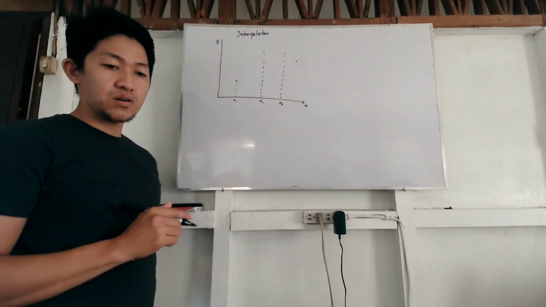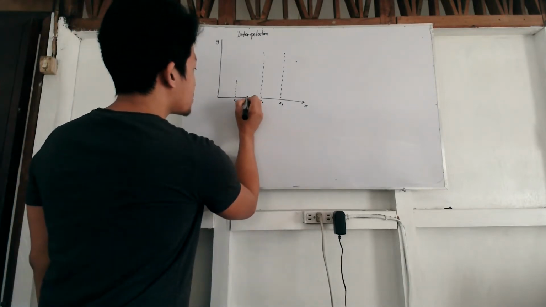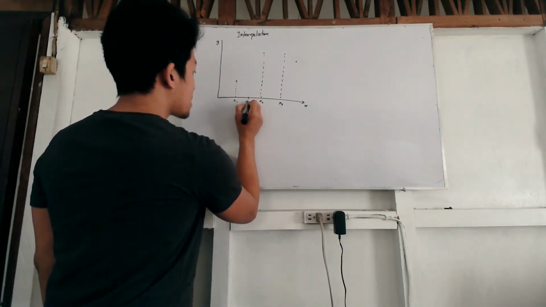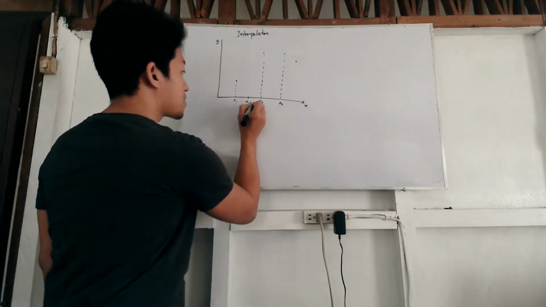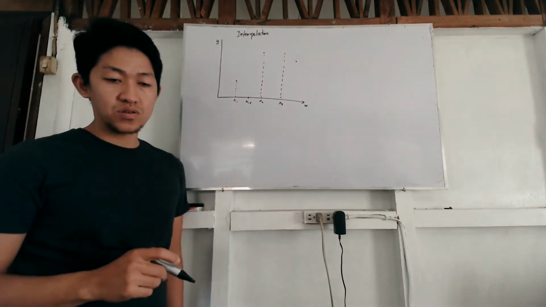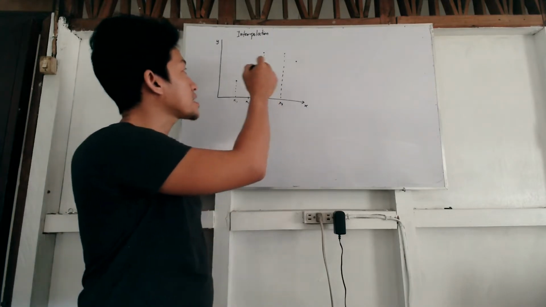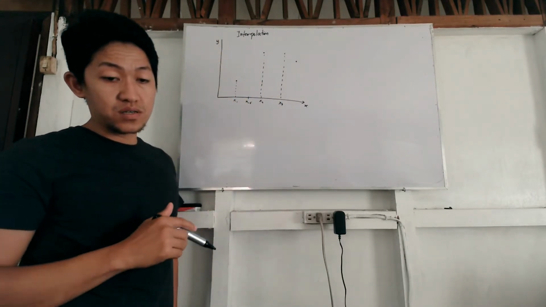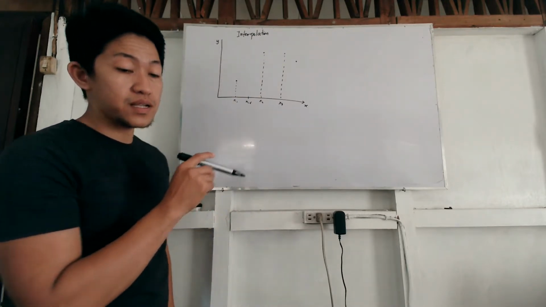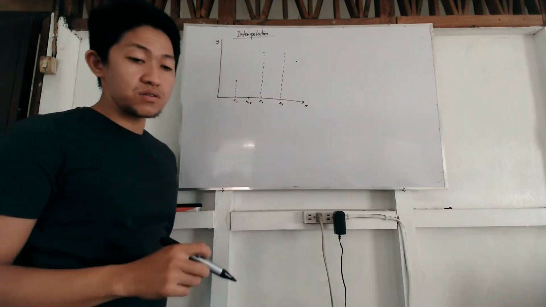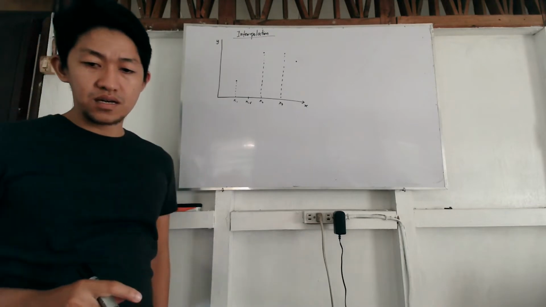So what if you need the data for the middle of 1 and 2, for example 1.5? So you do not have a y value for that because only 4 points are given. So what you will do is you will now interpolate, or you will do interpolation. So we will discuss